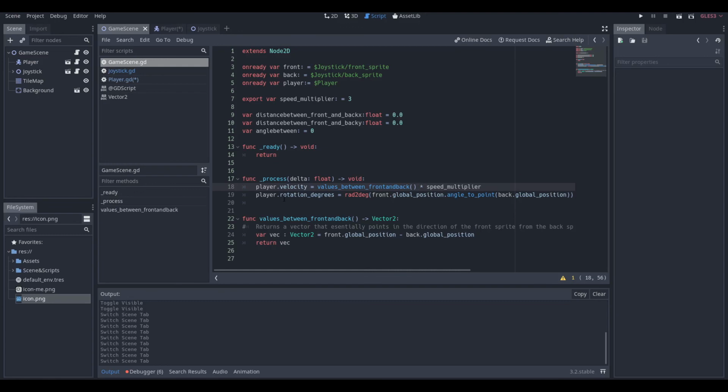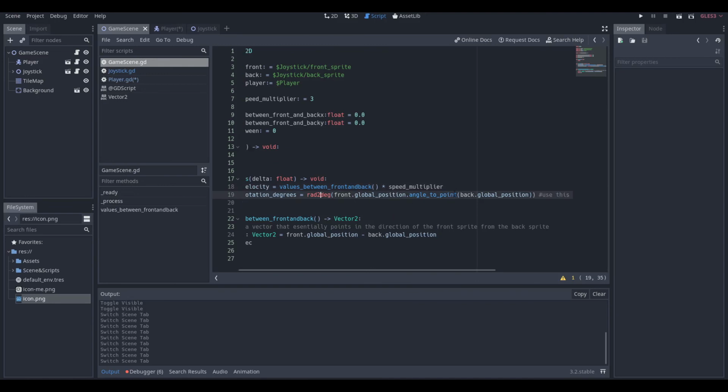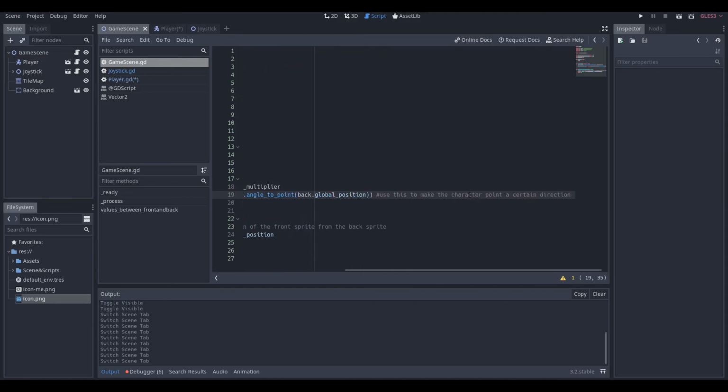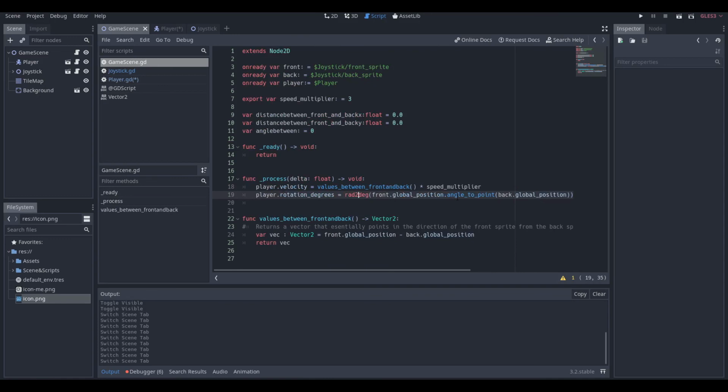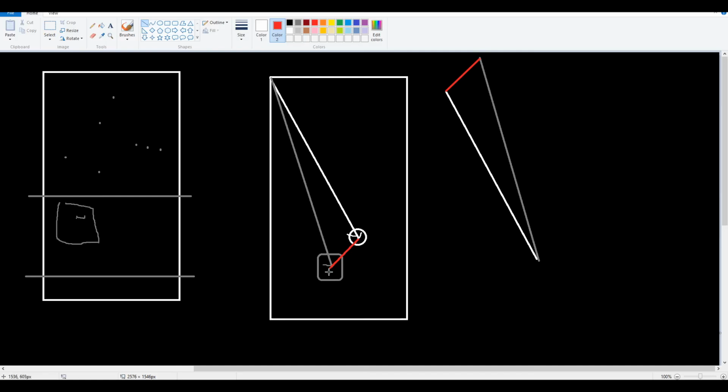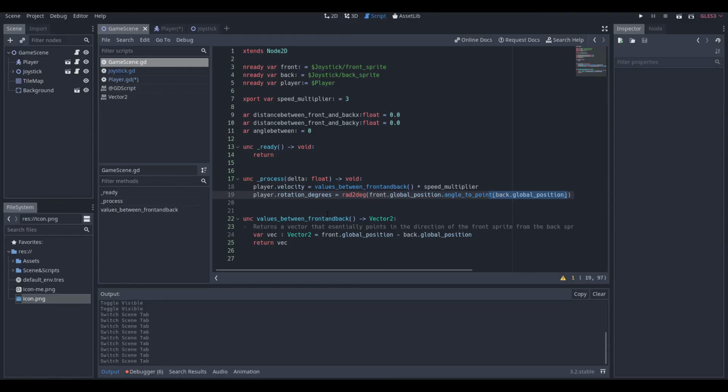If you want to set the rotation, then you just do this line of code. Essentially what it says is, use this to make the character point a certain direction. Get from the back.global position the angle to where this is. And it gets the angle with reference to angle 0, which is actually over here. So it calculates the angle from here to here,